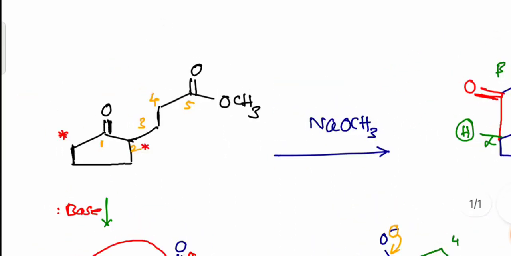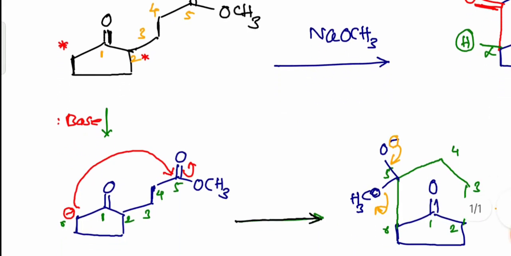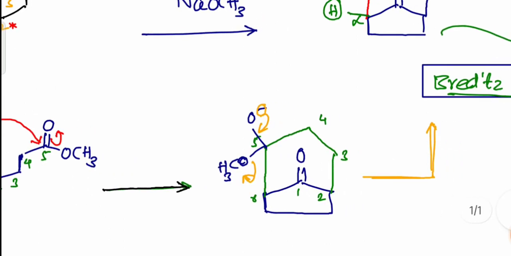Okay, we have another example. Suppose I have this cyclic molecule where ester and carbonyl groups are both present in the same molecule. Now sodium methoxide will act as a base, and that will abstract the proton. So here the base will abstract the proton, and a new C-C bond will be developed between that carbon 6 and the carbonyl carbon, or simply a bicyclic molecule appears here.